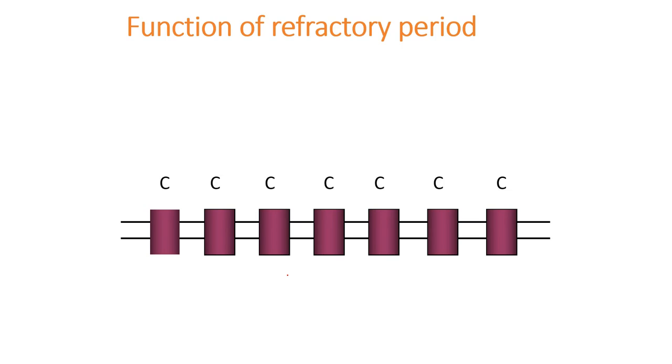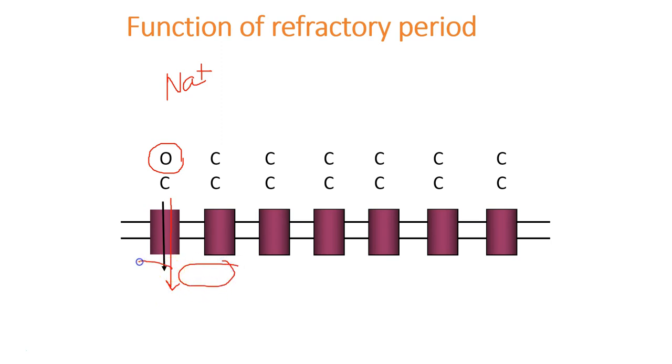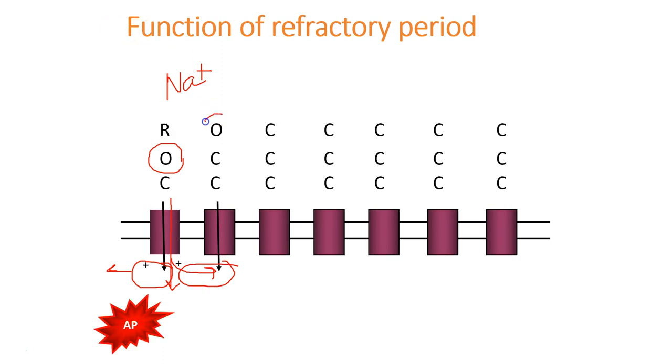So at rest, all of these voltage-gated sodium channels that I drew are closed. When the threshold of excitation is met, you're going to have this first voltage-gated sodium channel open. Sodium is a positive ion, right? There's more sodium outside the cell. Sodium is going to rush into the cell and make the adjacent membrane, on both sides, more positive. This is going to cause the next voltage-gated sodium channel to open. Sodium is going to rush in again,